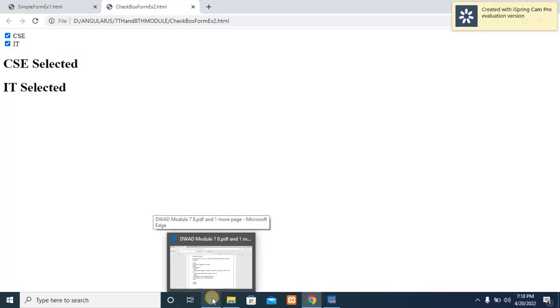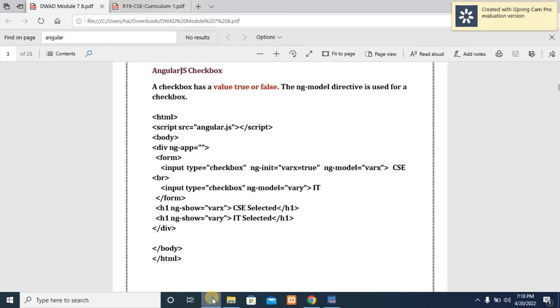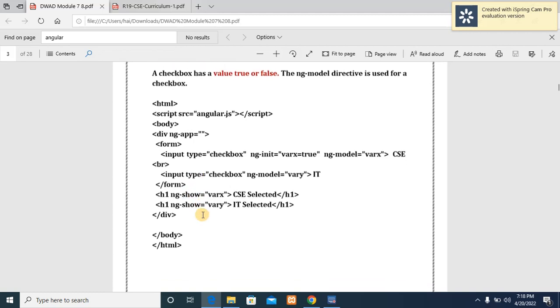Checkbox we can get the values here. Okay. That is about checkbox, AngularJS checkbox. Okay. Next,